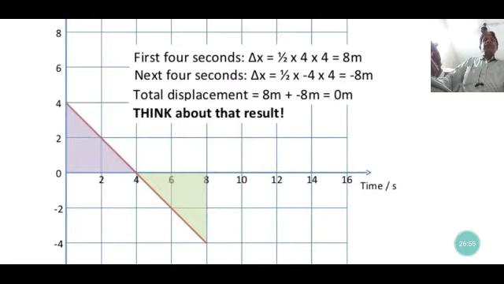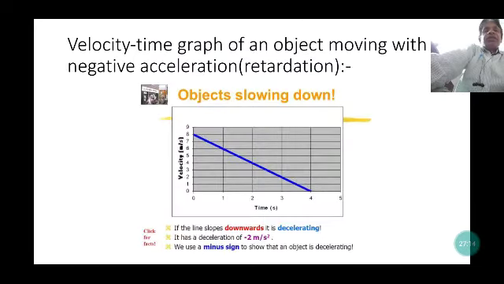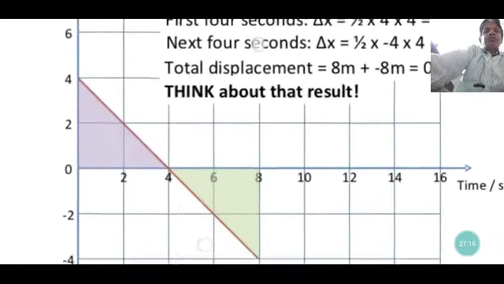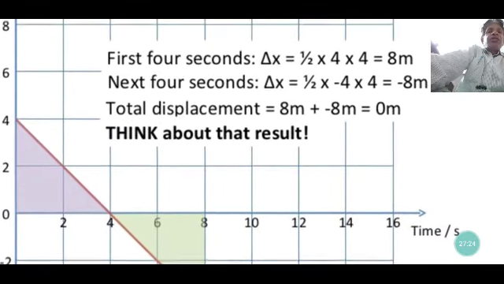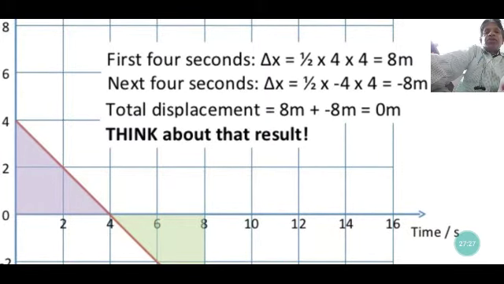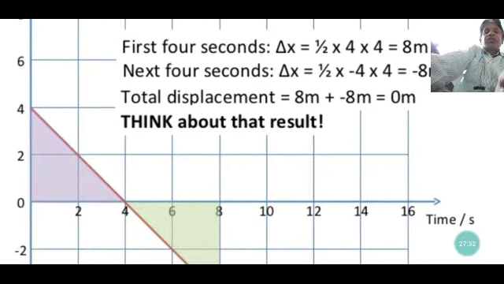Here is also a velocity time graph, and the displacement is calculated like that. Here, in the first 4 seconds the displacement is positive. The first 4 seconds displacement is represented by the area of the triangle, that is violet in color. It is half into 4 into 4, that is 8 meter. It is calculated positive, as the velocity axis is positive here.